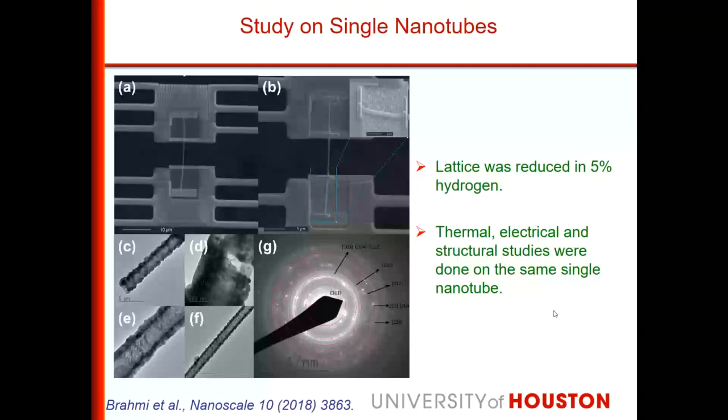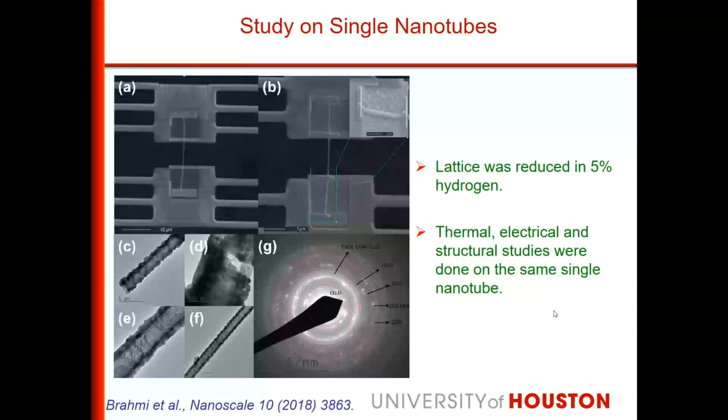What we observed was that the nanotubes in the stoichiometric form, that means 1 titanium and 2 oxygen, TiO2, have reasonably good thermal conductivity. But if you heat treat this in hydrogen, we can remove some of the oxygen from the lattice. That means we are reducing the lattice. If you reduce the lattice, the thermal properties are completely different. Thermal conductivity is now very low. It has gone down here, the black and the green.